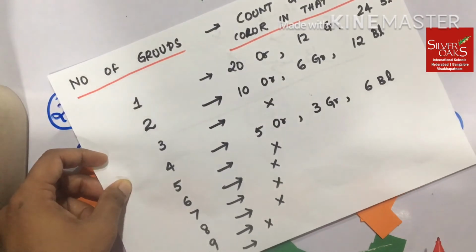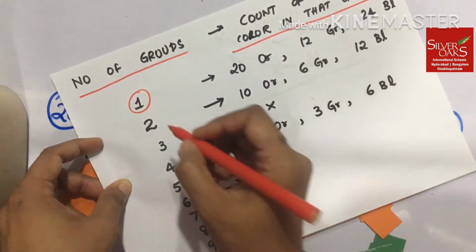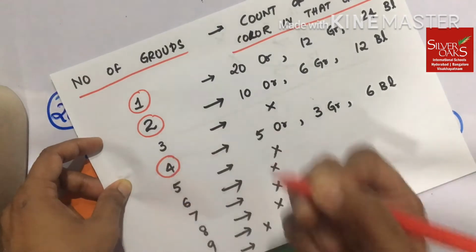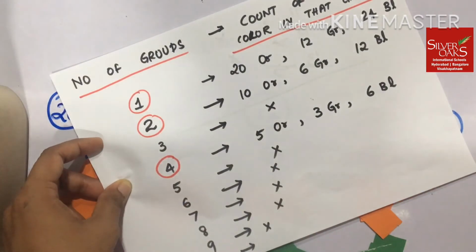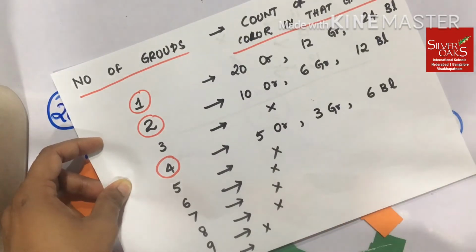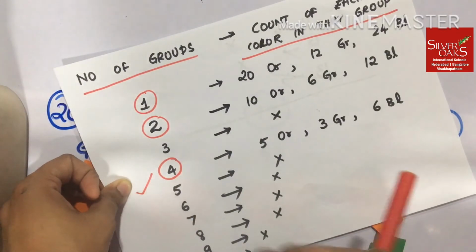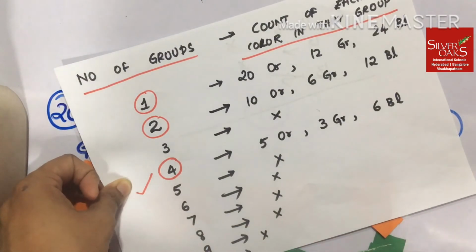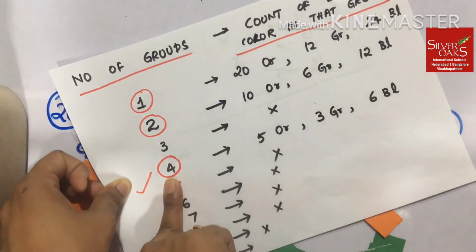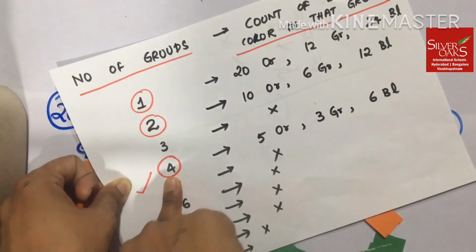So out of 3 options we had, that means we can just go for a single group, or we can go for 2 groups, or we can also go for 4 groups, where we are forming similar groups without leaving anything behind. My 4 is the answer. That means your 4 is the HCF, and it is helping you to form the largest grouping possible without leaving anything behind.